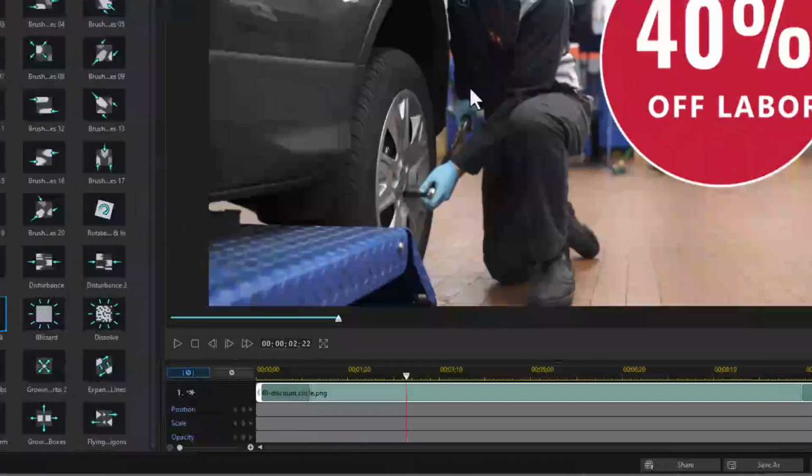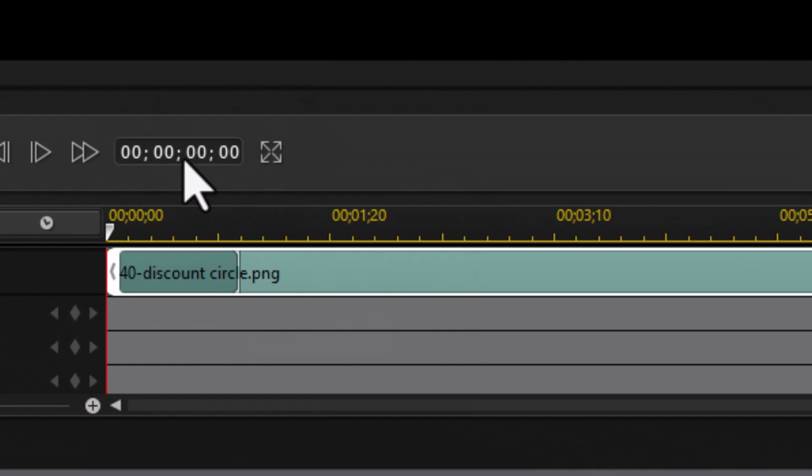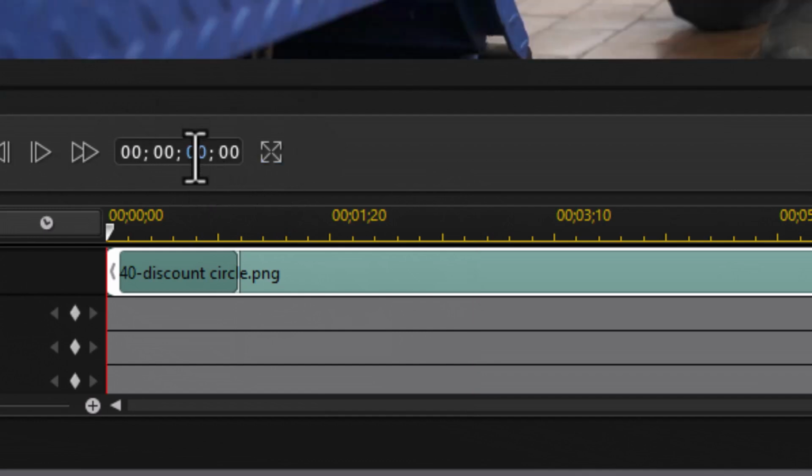How do you slow it down? You simply change the duration. I'm going to try something around 3 seconds for duration. So the easiest way to do that is click on the time code above. Oh, I have to stop it here. Okay. Click on the time code on the second digit, which is my seconds, and type in the number 3